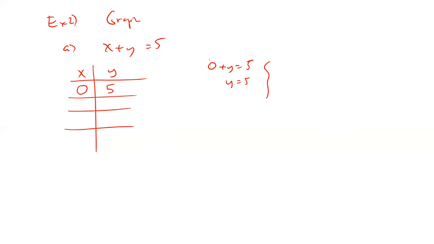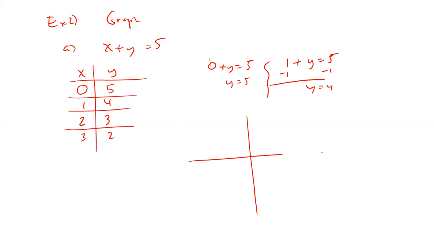So another number. I don't know. What do you guys say? 1? 1 is good. Would 1 work? 1 plus y equals 5. Subtract 1, and we get ourselves y equals 4. Are we good there? (1, 4) would work. If I plug in a 2, what do you guys say the answer there will be? 3, because you can get patterns here. And hey, 3, we already know that one because we did it on the previous page. (2, 3). All right, can you graph it real quickly here?